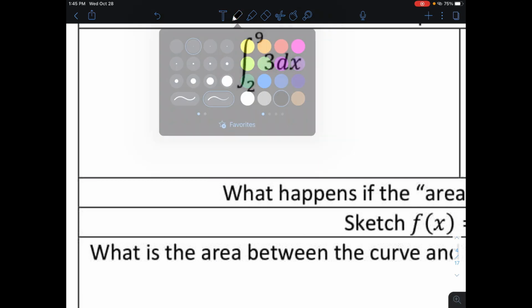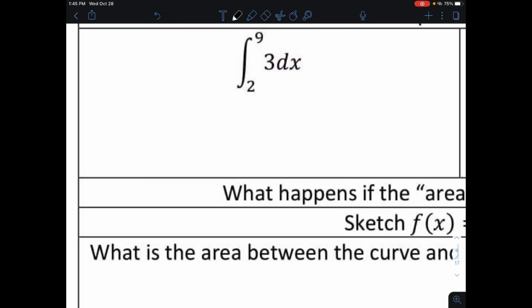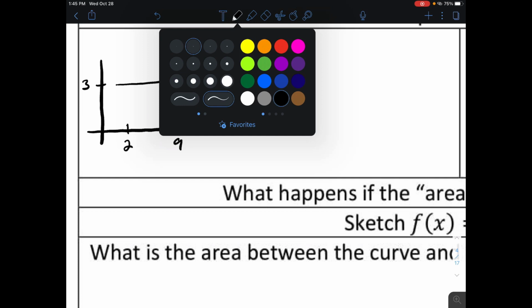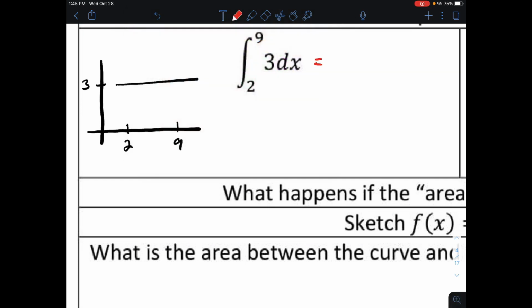Well, we want to use a geometric approach right now, until we learn some other techniques, to determine the area underneath the curve. So if I create the graph of this function, this is basically just the horizontal line y equals 3, and we're going to look from 2 to 9. And so that definite integral is going to equal the area underneath that curve from 2 to 9,